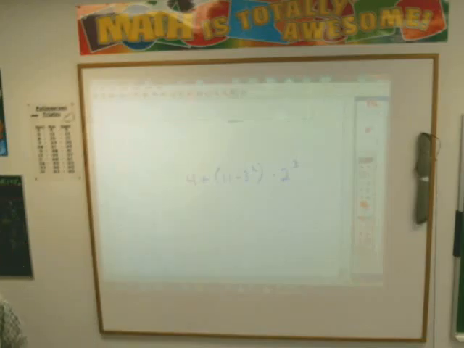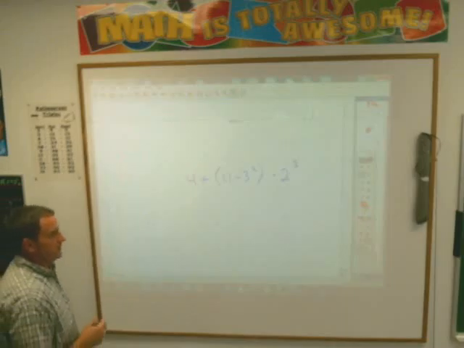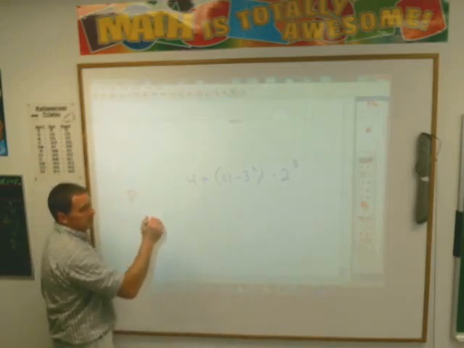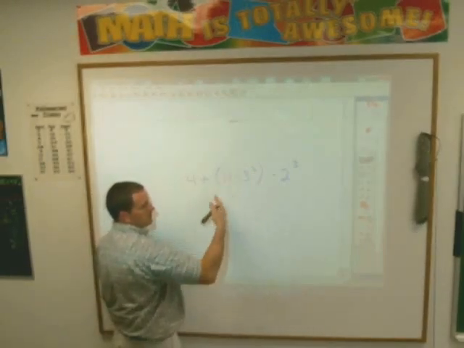Peter? I got 20. Anybody else get 20? Yep. Many people can be wrong on this, by the way. Just because 5 people said they agree doesn't mean that they did it right, because it's easy to make the same silly mistake. So the first thing you do is parentheses, which would be this, 11 minus 3 squared, but